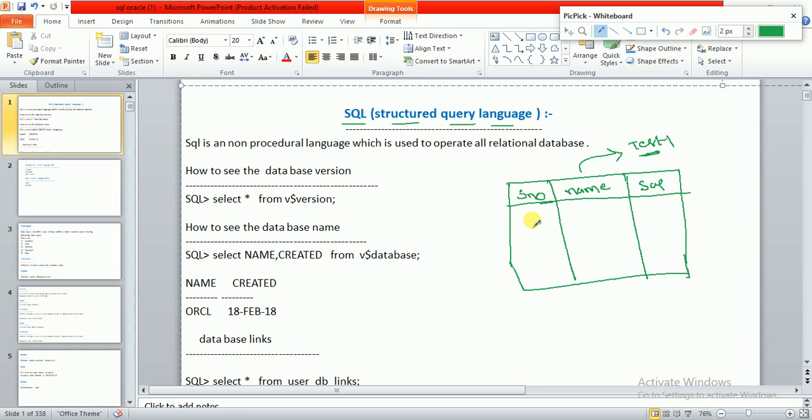These columns contain some data. For example, one name is Shiva, salary is 1000 rupees. Next, serial number two, Kumar, salary is 2000. Next, serial number three, Praveen, salary will be 3000 rupees. If you want to store data like this